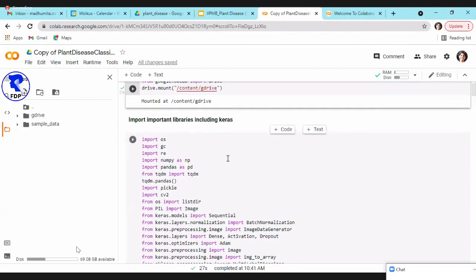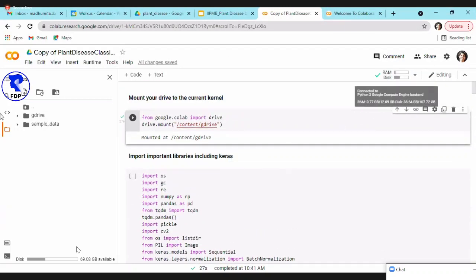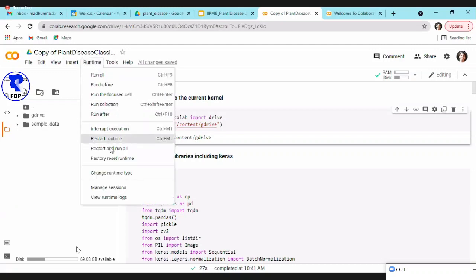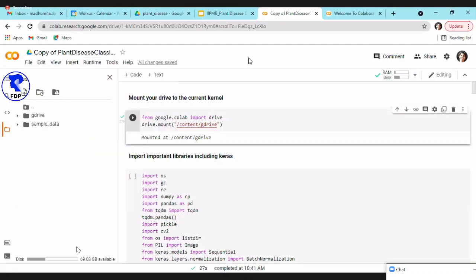This will make it easier, because if we get disconnected sometime during the session, don't worry, all the codes are here. I have already shared with you. I will also share the presentation. I will add the presentation also to the same drive later on. You can run it later on. If you get disconnected, go back, connect here, choose a runtime with a GPU, change runtime type, use the GPU. You will need GPU to train your images.